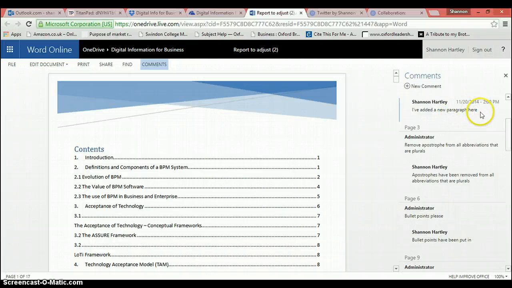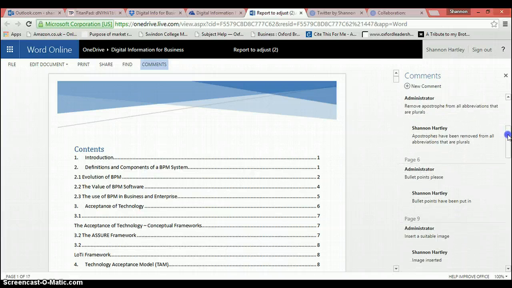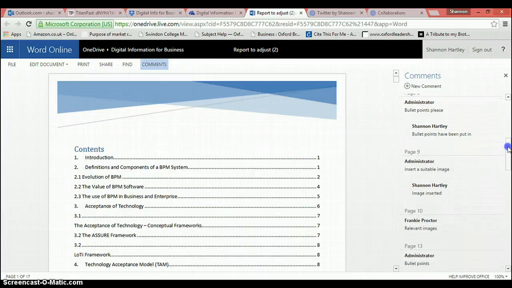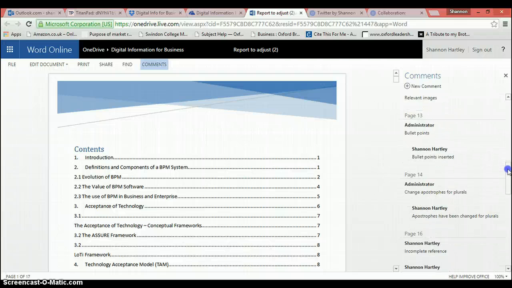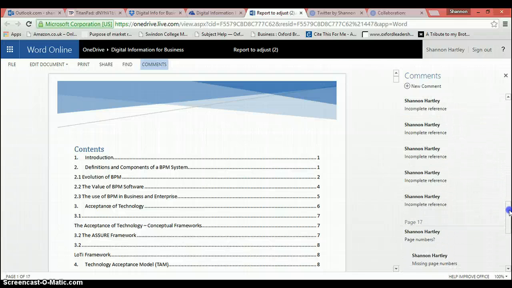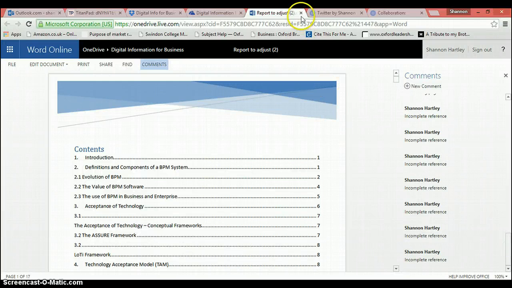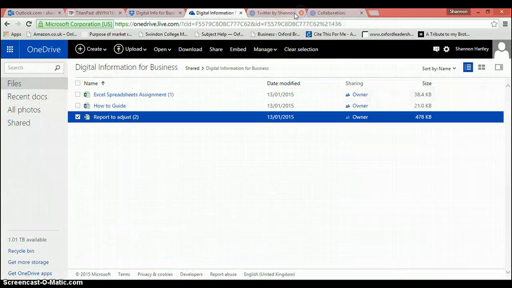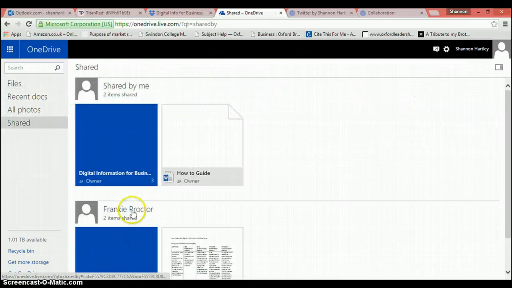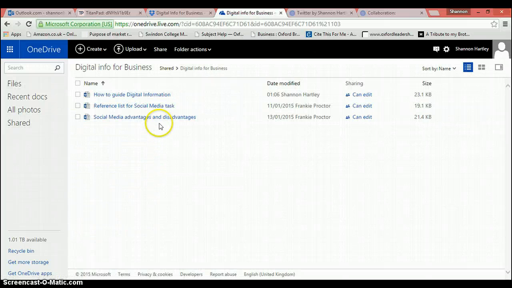Some of those comments I had already written on there before I had shared with Frankie. So I'll just find some others that she may have written. Yeah, there's not a lot on there. So then I'll show you how I wrote on some of Frankie's tasks.